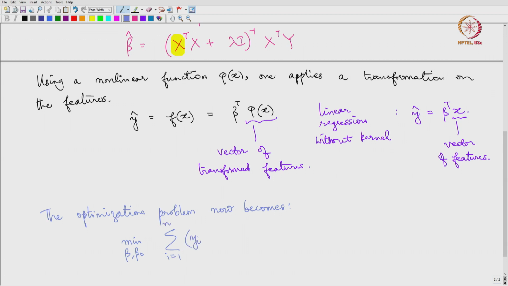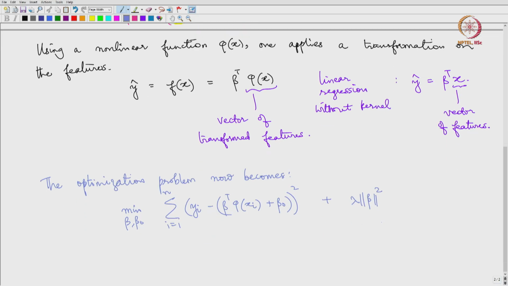So each true value yi minus beta transpose phi of xi, and if you want you can also add the constant term here, or if you do not have it you can exclude it. So this is the sum of squared errors and then there is a regularization of the weights used here. If you want to write this in a slightly simpler form using vector notation, then you can write it as